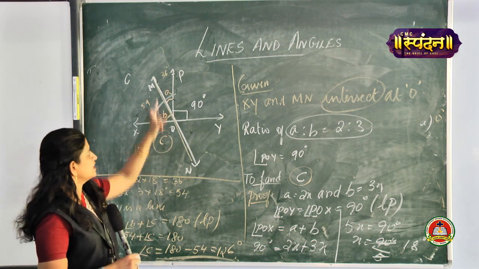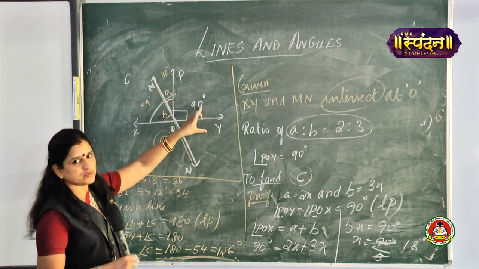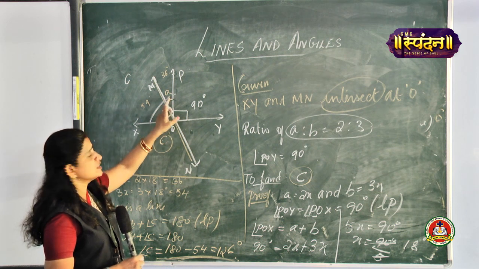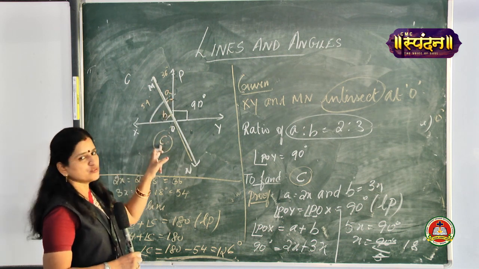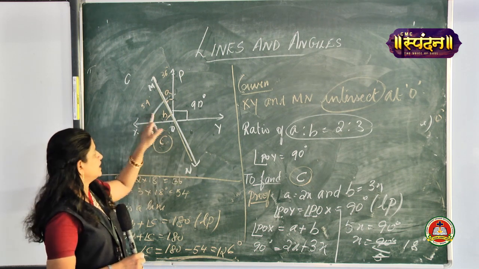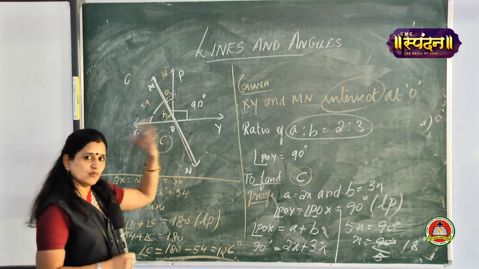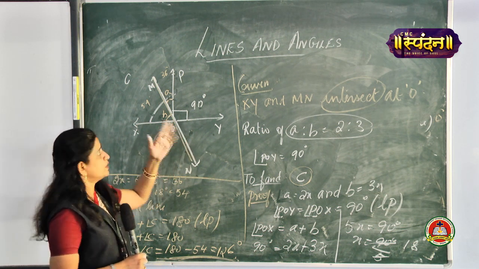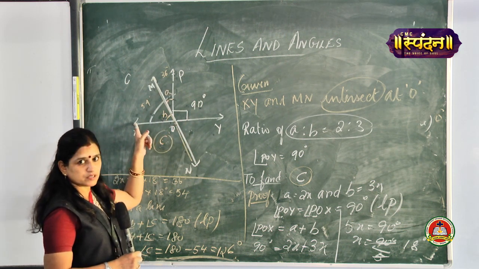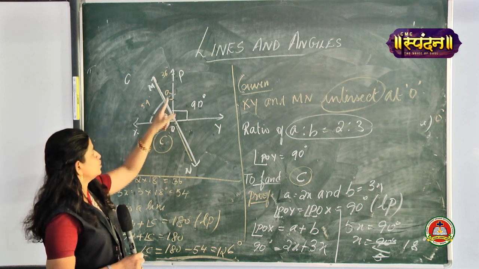So in this question, I will explain once again. Two lines are intersecting at the point O, and also it is given angle POY is equal to 90 degree, and this angle A plus B is given in the ratio 2:3, and we are asked to find angle C. As I said, vertically opposite angles are equal, but I cannot find it over here because no angle is given. So I will move on to the next property, that is the linear pair property. Angle POY is 90 degree, means angle POX will also be equal to 90 degree. You are able to observe POX is given in the form of A plus B.